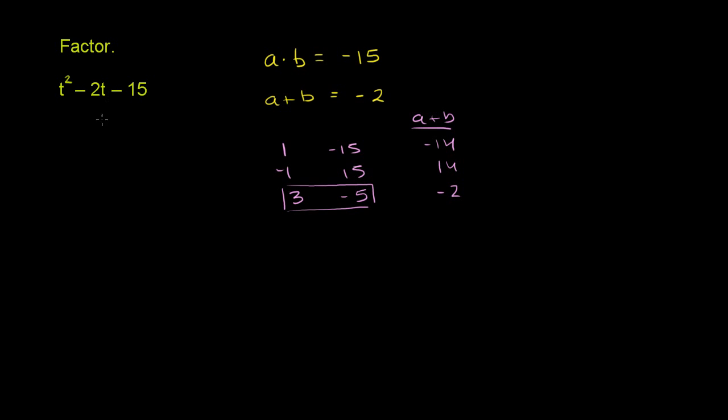So what we want to do here is break this middle term up. We know that 3 plus negative 5 is equal to negative 2. So we can break up this middle term as a sum. I'll actually do it in the same color. So this thing here we can rewrite as t squared, I'll put the minus 15 out here, but the negative 2t we can rewrite as the sum of 3t. We could write it here as plus 3t